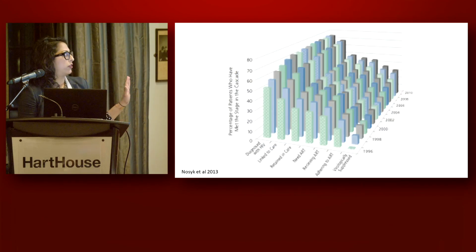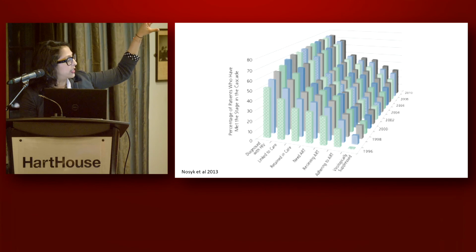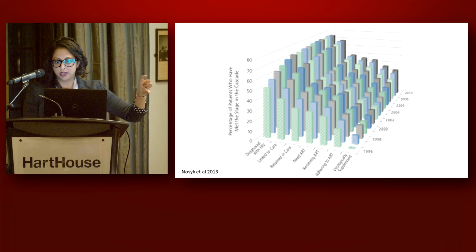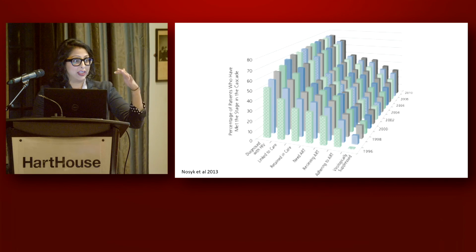So this is just a reminder of the HIV cascade of care, which we've all seen, and we've seen today as well, right? So the idea that there's people who are diagnosed with HIV, then a smaller proportion are actually linked to care, even less retained in care, even less actually on antiretroviral therapy, even fewer of those actually taking their antiretroviral therapy, and even fewer of those virologically suppressed, right? And the goals, of course, are 90-90-90, right?